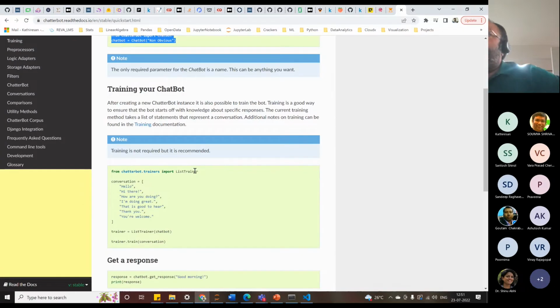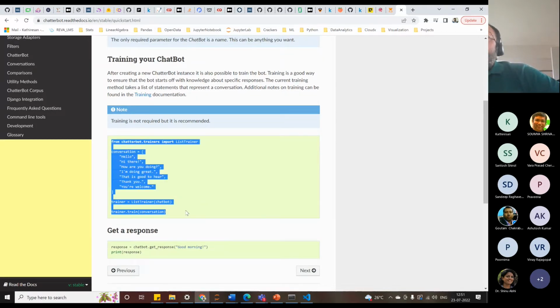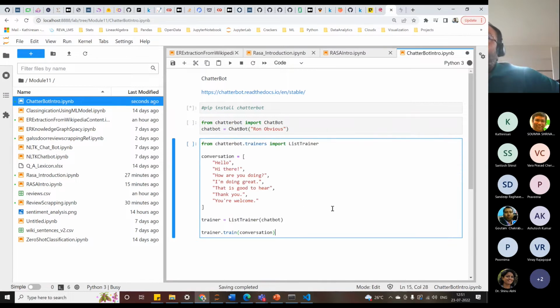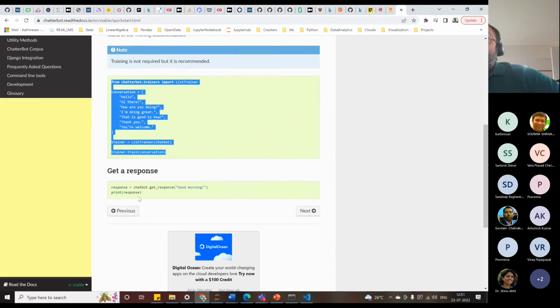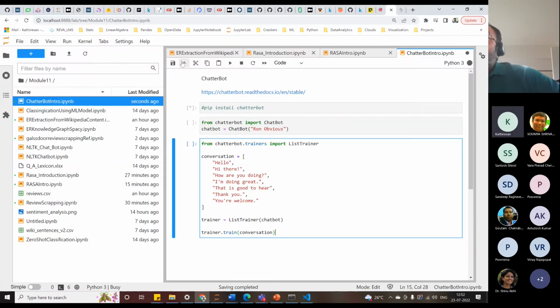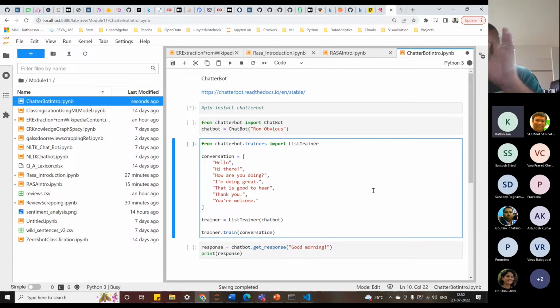Meanwhile, while it is installing, once you install Chatterbot, you import a module called ListTrainer. ListTrainer allows you to train the chatbot from a list of utterances. So that ListTrainer creates an object called trainer, which trains on the list of utterances you have given. And that's as simple as that.